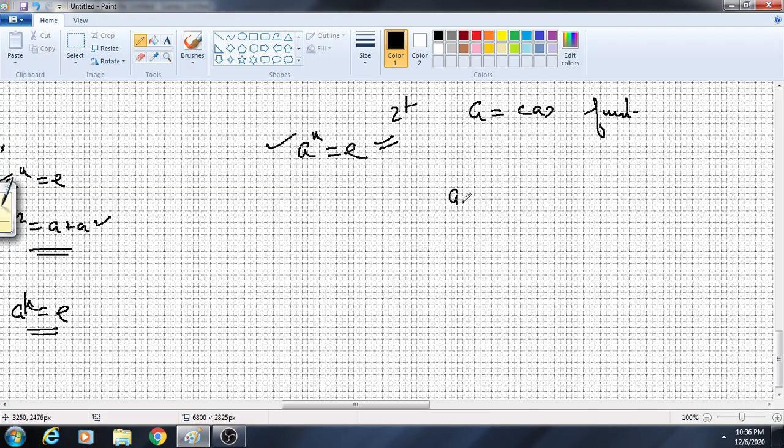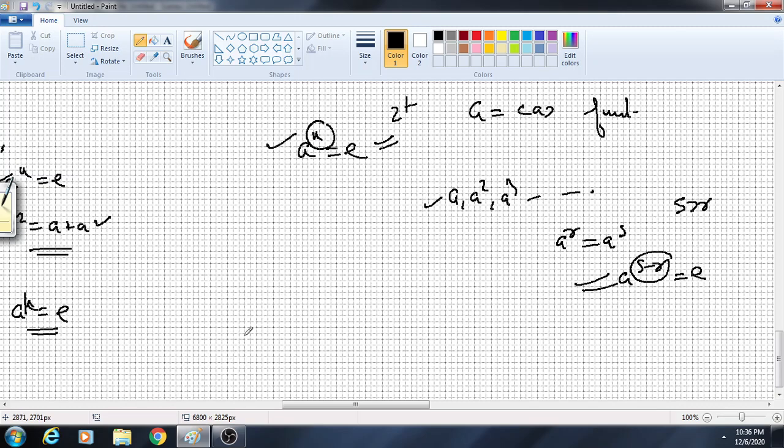First we consider this set: a, a square, a cube, etc. And we found that this cannot go on infinitely because G has only a finite number of elements. G is a group, so all the powers of a should lie in G. So these elements cannot all be different. That means a raised to r will be a raised to s for some r, s where s is greater than r. So from that I have got that a raised to s minus r is equal to e. Okay, so this is an integer, and we have established that there are integers with this property.